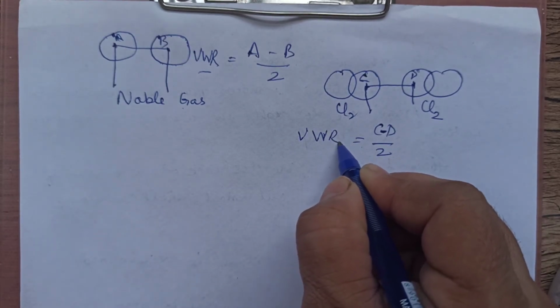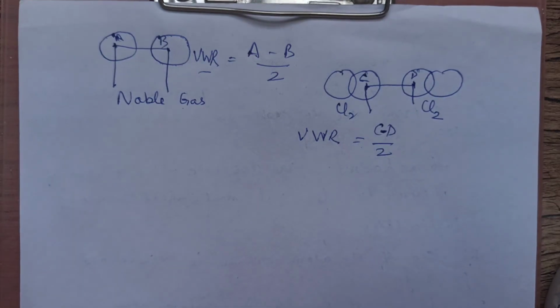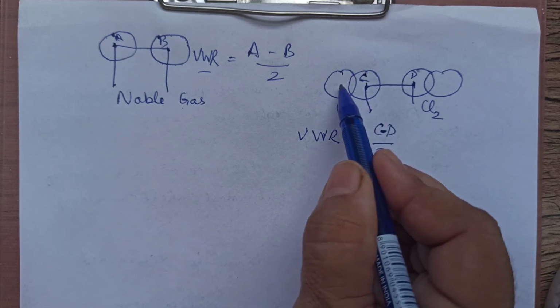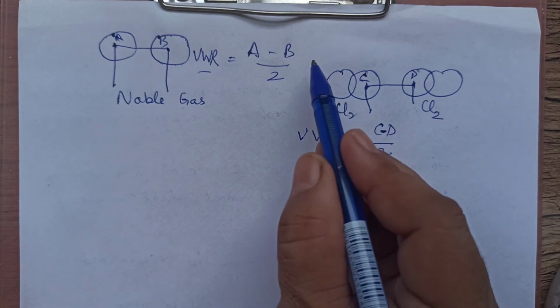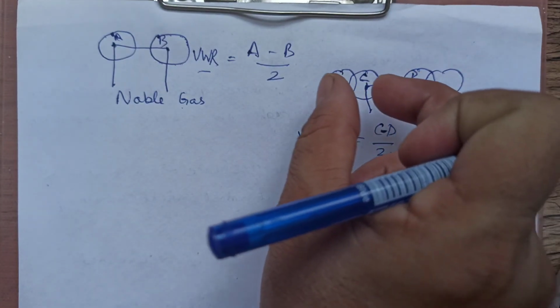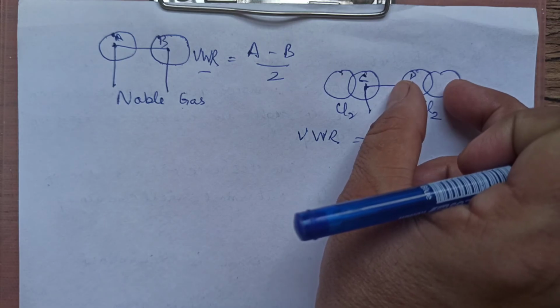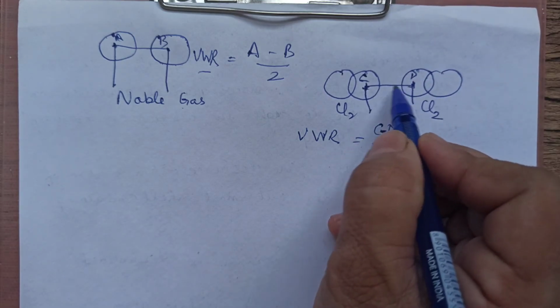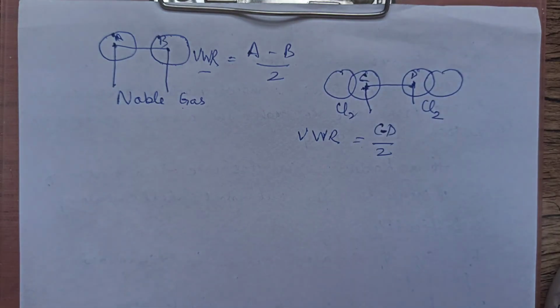This is also the Van der Waals radius. But this radius will be larger. So we will say the Van der Waals radius is larger than the expected one. So for the chlorine molecule, I can measure the covalent radius if I am considering two chlorine atoms, where the internuclear distance divided by 2 will be the covalent radius. Between one molecule and another molecule, if I consider the two chlorine atoms, measure the internuclear distance and divide by 2, that will be called the Van der Waals radius.